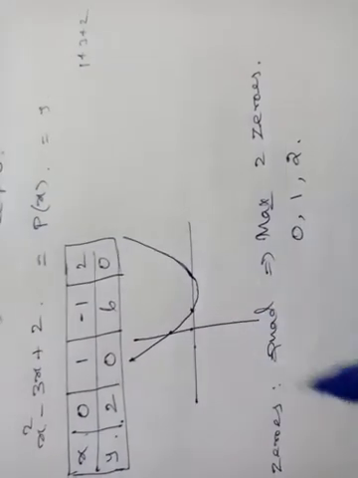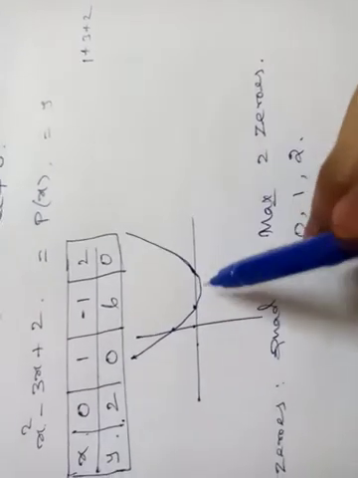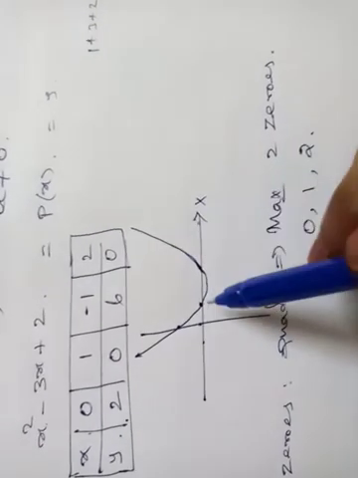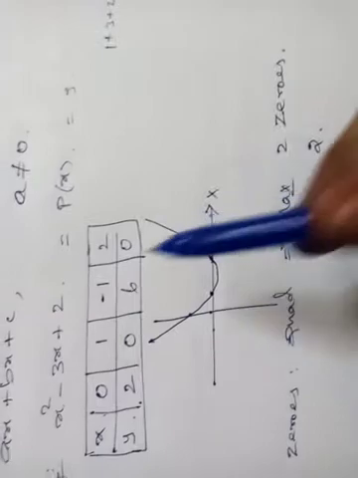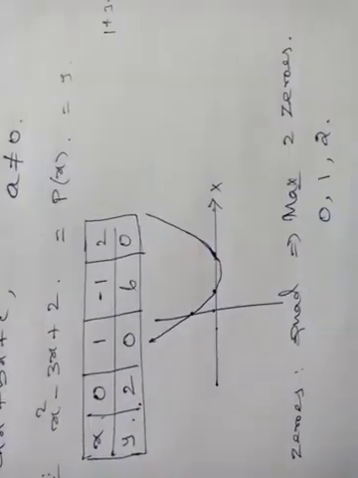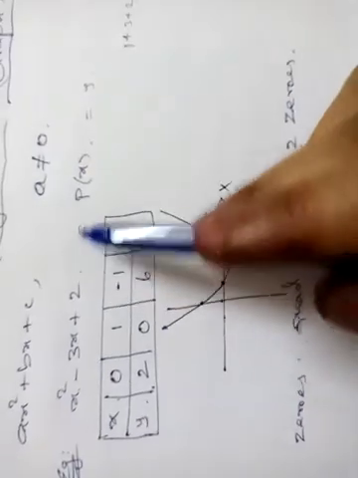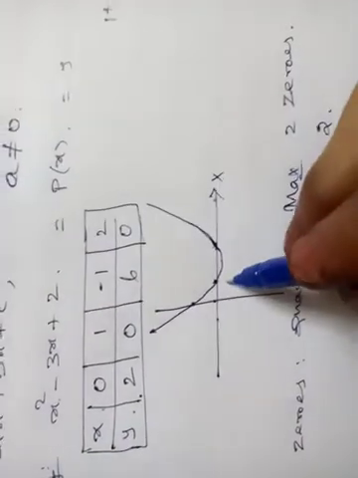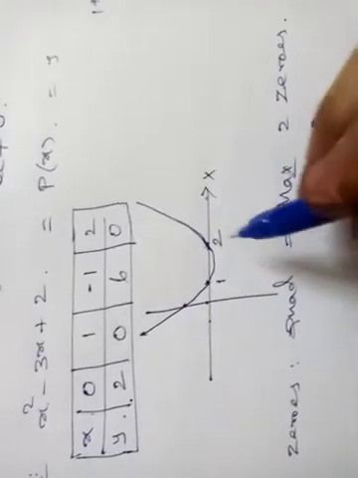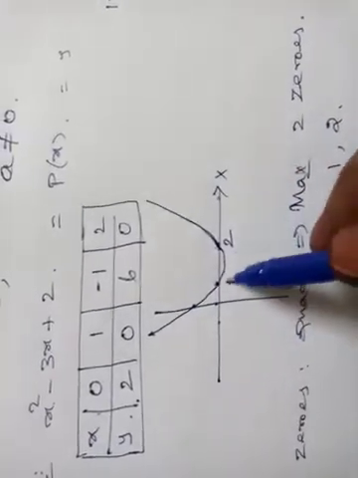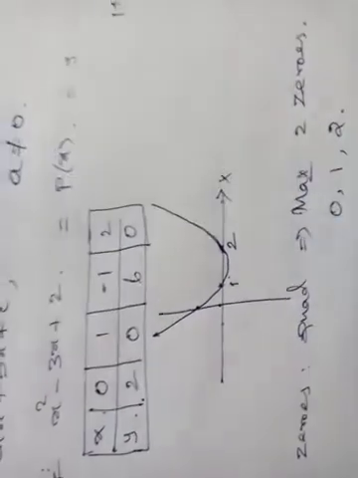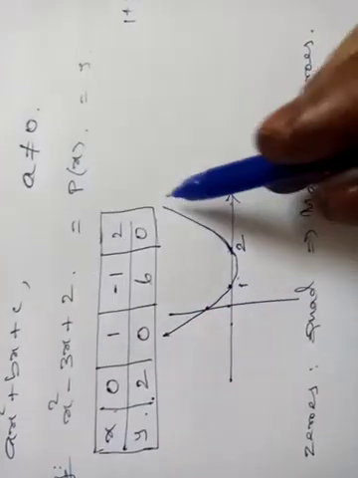Okay, now see this diagram. This parabola cuts the x-axis in two places. Therefore, this parabola has two zeros. That means this polynomial has two zeros. If it is equal to 0, then it becomes a quadratic equation. Then these two are the roots of the quadratic equation. That's all. Okay. Now see that this point is 1 and this point is 2. So from this graph itself we can say 1 and 2 are the zeros of the polynomial. Now this parabola opens upwards.